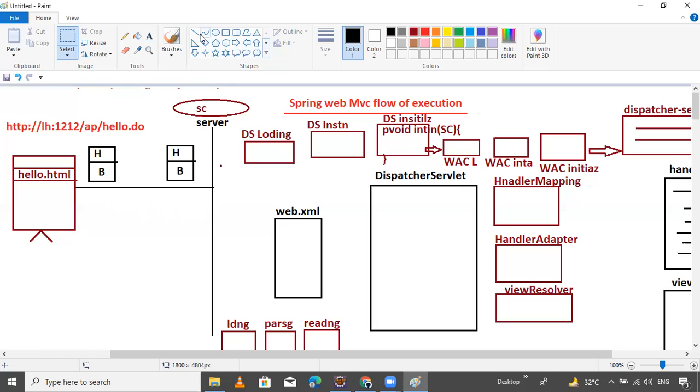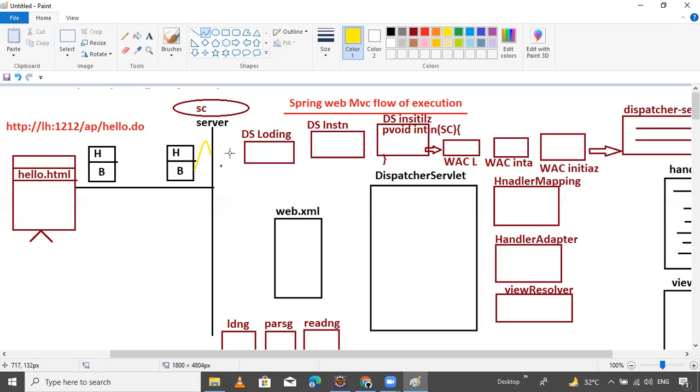So now give request to the server, then the server takes the request, and the server will forward the request to the web container.